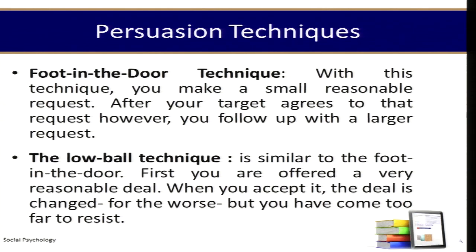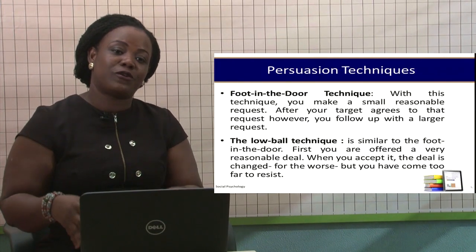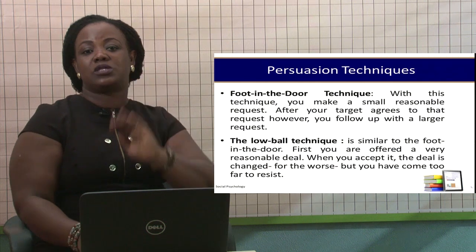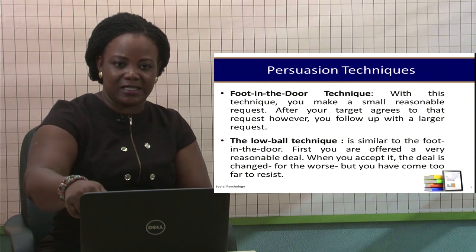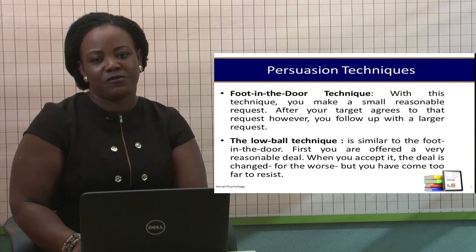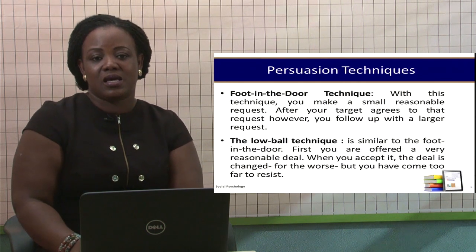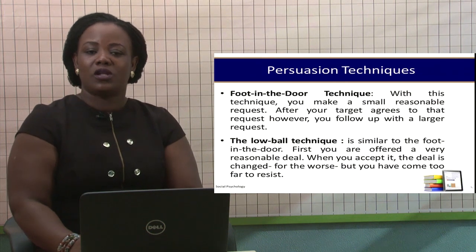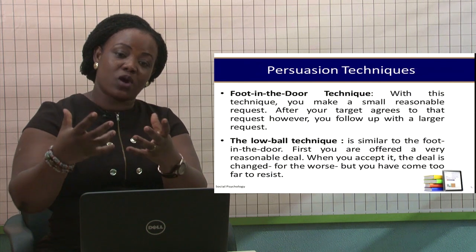There are two basic techniques, the foot in the door technique. With this technique, you make a small, reasonable request. And after the person agrees, you follow up with a larger request. The whole idea is if you start with a big request, the person will say no. So like the name, it's just a strategy to get one foot in the door, so the person hears your message before you drop the actual information or message you want. Then we also have the low ball technique. And this is similar to the first one, only that here it is in regard to the degree of the request you are making.